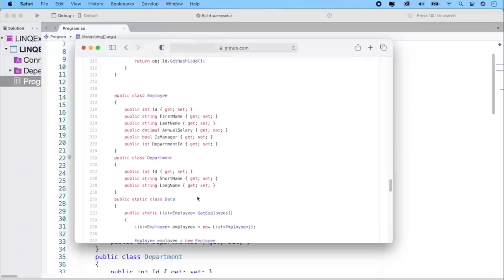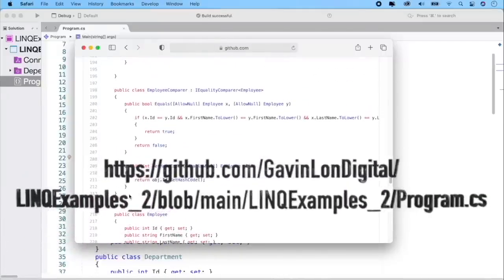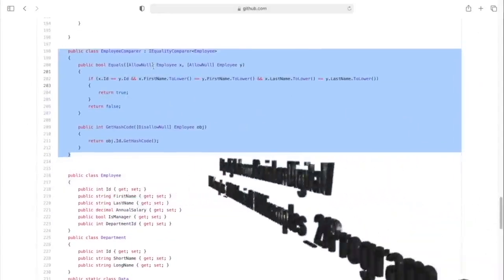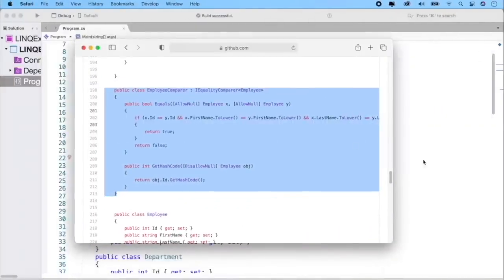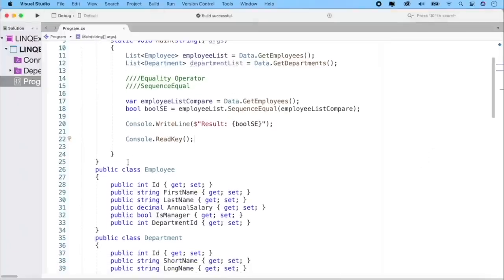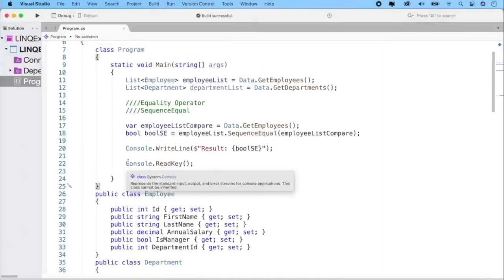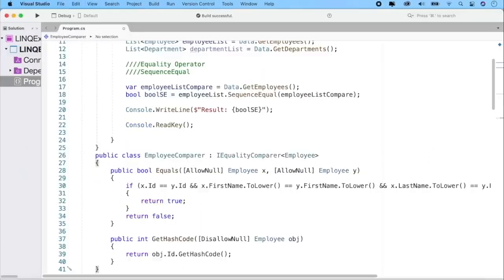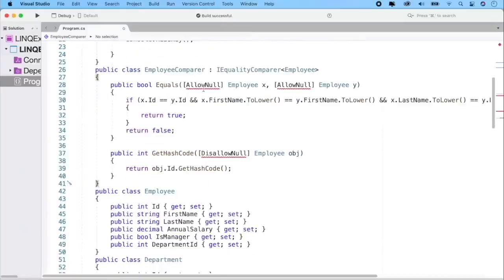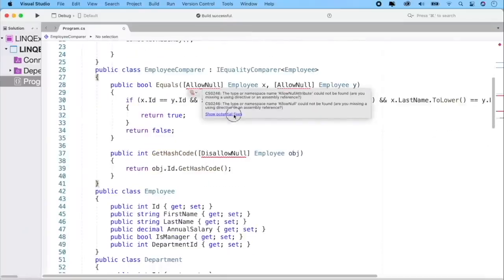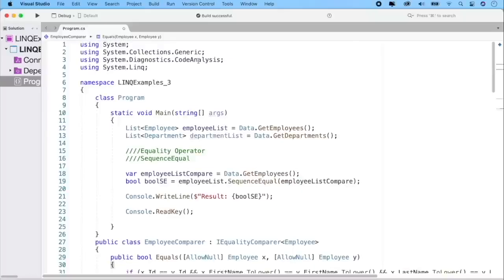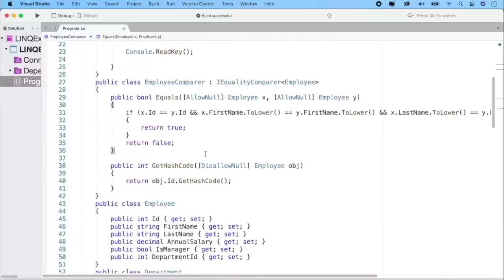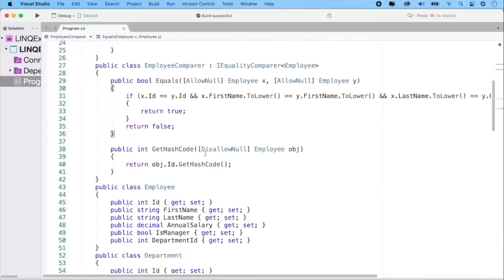Let's navigate to the GitHub repository at this URL that contains the code we created in the previous video in this series. Let's copy the class named EmployeeComparer to our clipboards and paste the contents of our clipboards to our projects like this. We have red squiggly lines, so let's fix this by bringing in the appropriate using directive. So here we have implemented a class named EmployeeComparer that implements the generic IEqualityComparer interface that is strongly